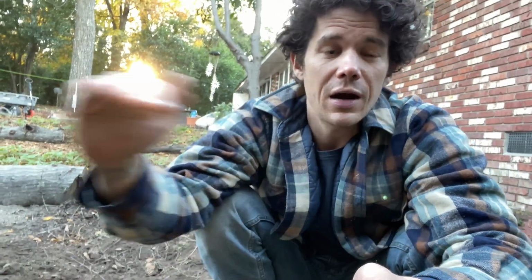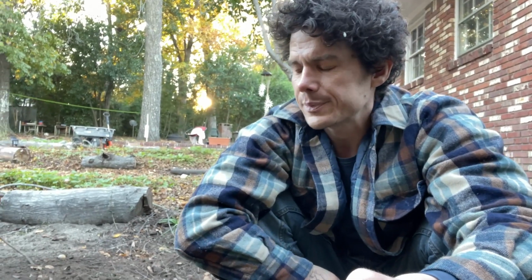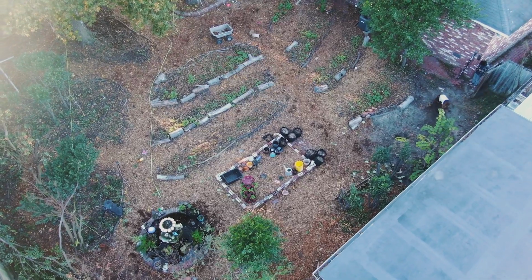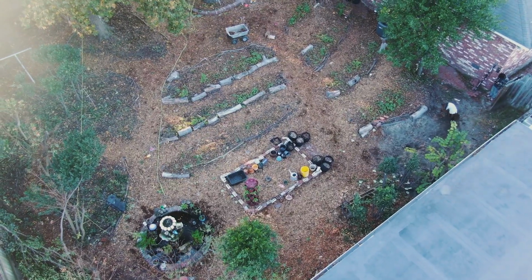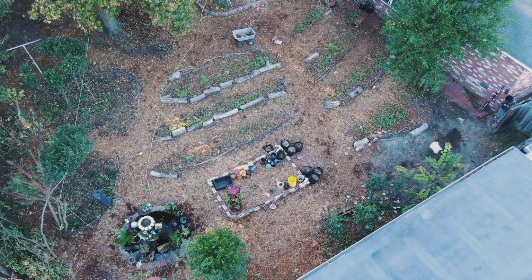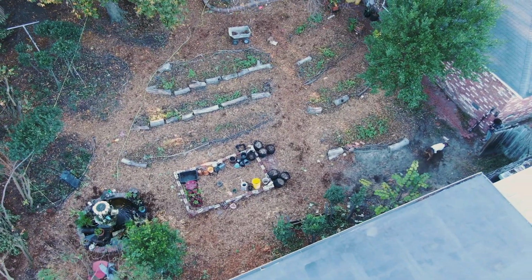So something else I'll note about the structure of the food forest area, our backyard is on a slope. Mostly tried to make a little bit of a terrace with the beds. And then one of the things that we did to help with slowing down the water as it moves down the landscape, as you just saw, Percy loves to dig, but he's pretty good at not digging where he's not supposed to. So we trained him not to dig in the garden bed areas, but allowed him to dig in certain areas where we wanted to be a little bit deeper, kind of create a swale